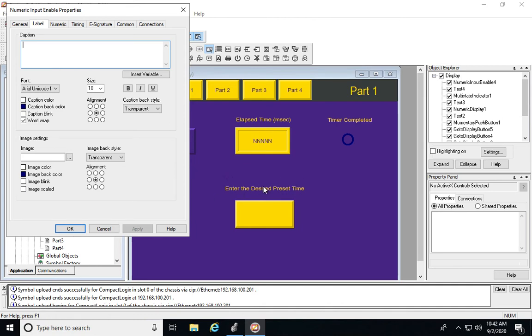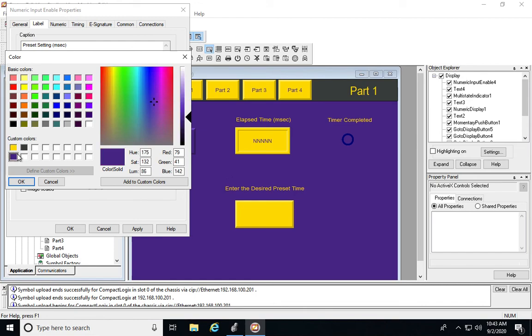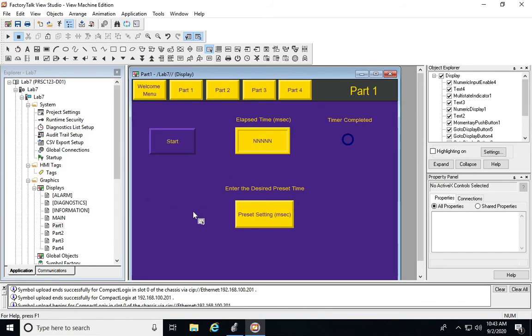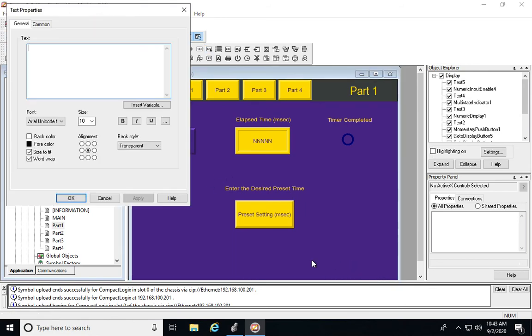I think rather allow the user to read the above text, but let's actually add just something that says preset setting. And we'll say MSEC. So this, coupled with the text above, will make everything clear. Caption color, purple. Apply. Okay, so they will click this and type in whatever preset value they want to have for the preset on the timer. The last thing we said we were going to do was create a statement at the bottom that said,